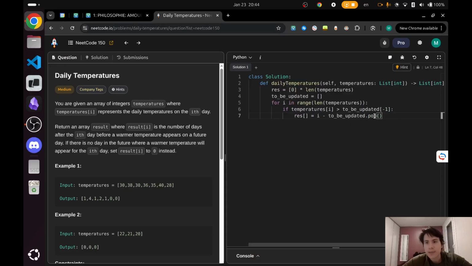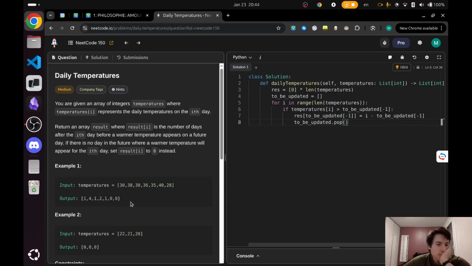Yeah, I don't know if this is correct, if I can do this directly. I don't remember. I think so. All right, now you know what? Maybe let's do the pop later, just to be sure. So the last element in the stack, the index, we're gonna update that index into this i minus this, and now let's do the pop. So it's gonna be to_be_updated.pop, and